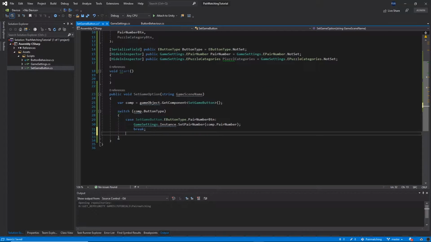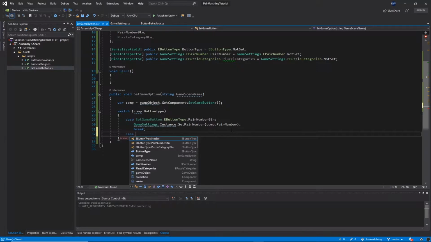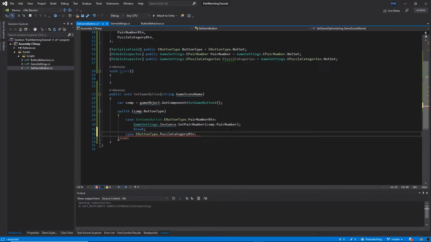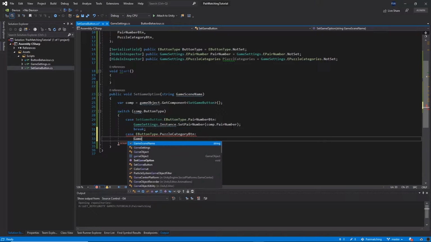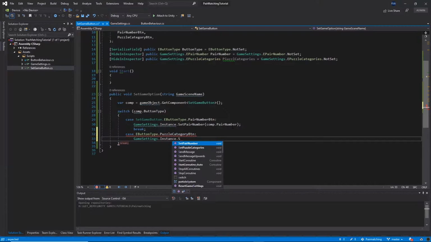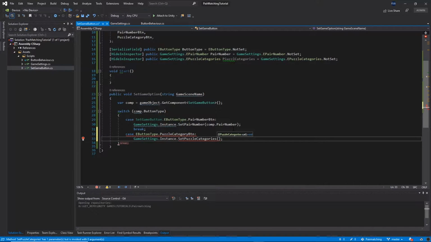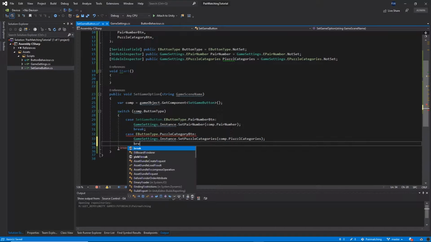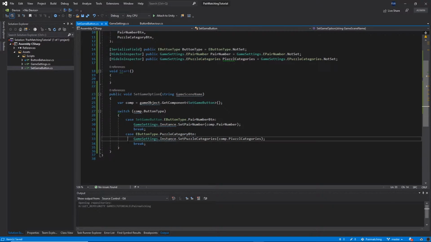So if the button is a pair number, we want to set the pair number, but if the button is the category, we want to do the game settings dot instance dot set puzzle categories, and we want to grab the comp dot puzzle categories and then break. And then right below we want to check